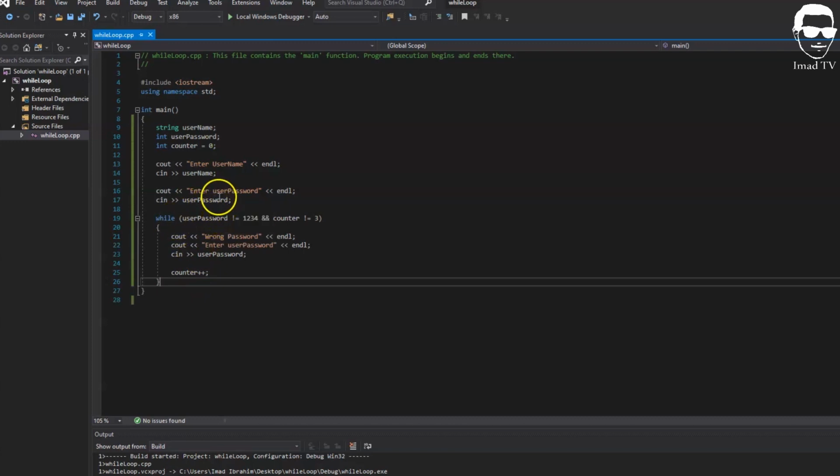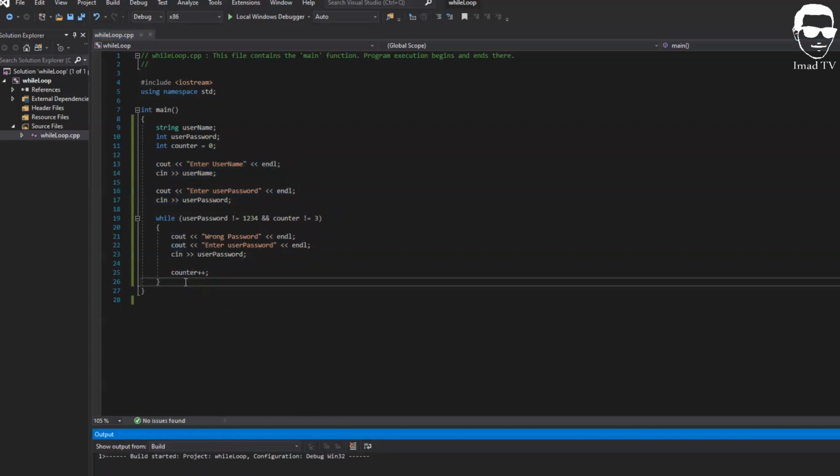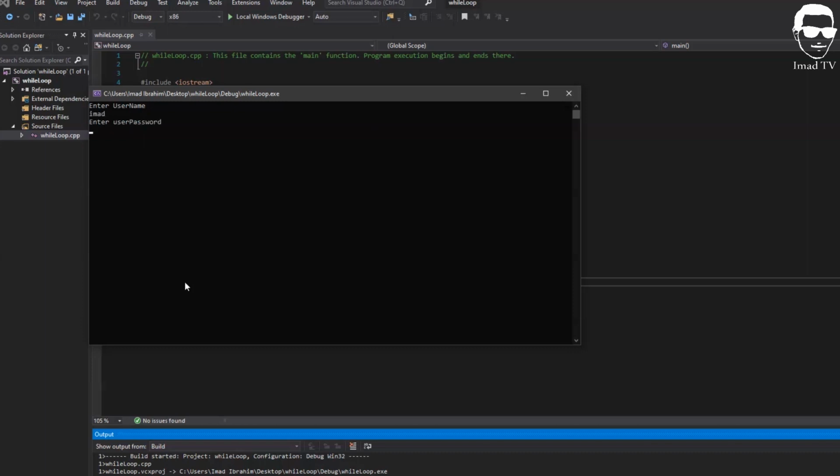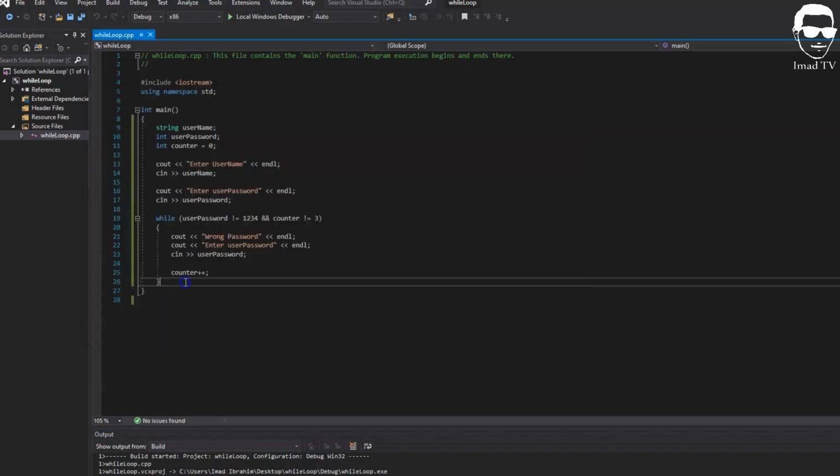So here I'm just allowing the user to input the username and the password. Here I just check while user password is not equal to 1234 and the counter is not equal to 3, and then execute the code. As you can see now, the username is Imad, the password is a random password. Okay, and now I just want to display the user password and the username to the screen if it's correct,